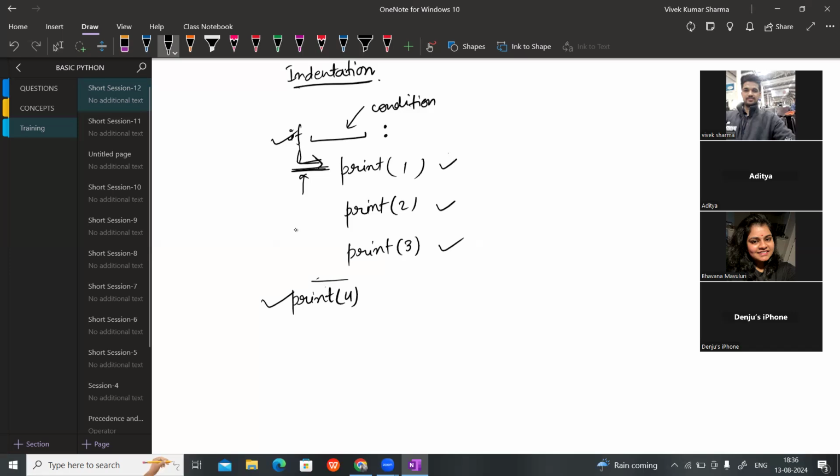So this is known as indentation in Python. If we want to write something inside the blocks, we have to provide a colon here. And after providing the colon, we have to give some white space. Basically, there are four spaces. So if we have to write this print 1 inside the if block, then we have to provide this white space here, equivalent to four spaces generally. Now